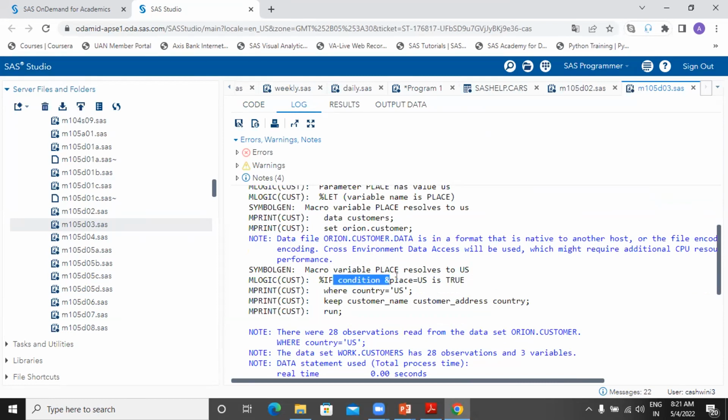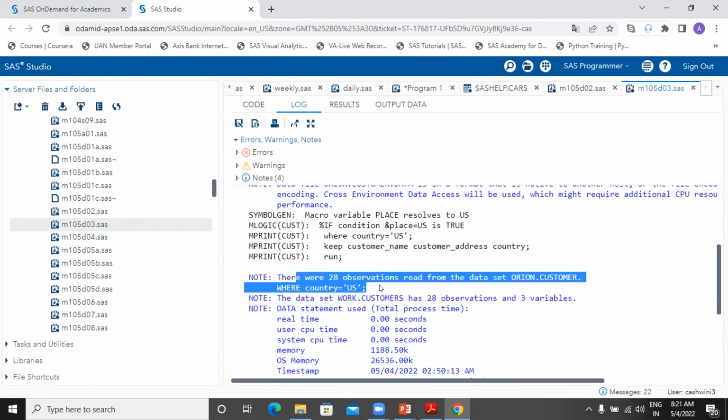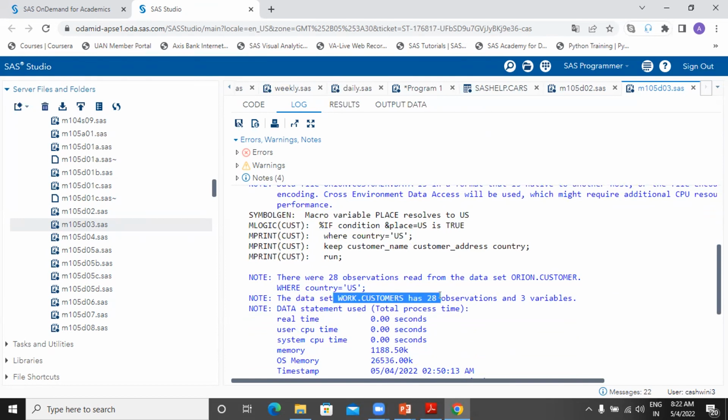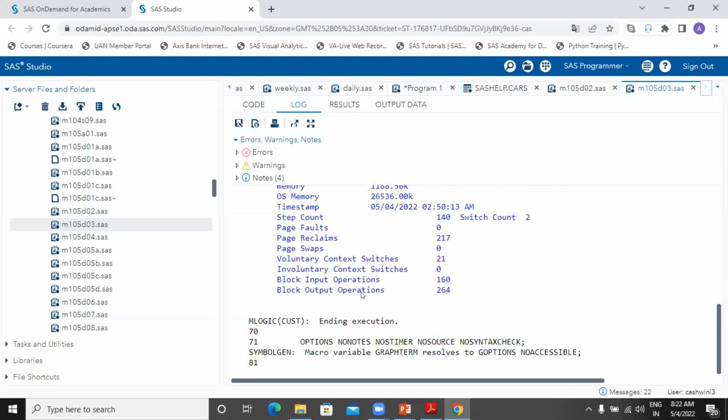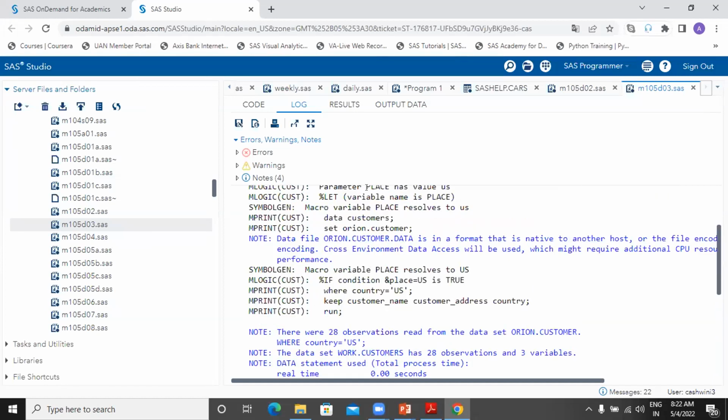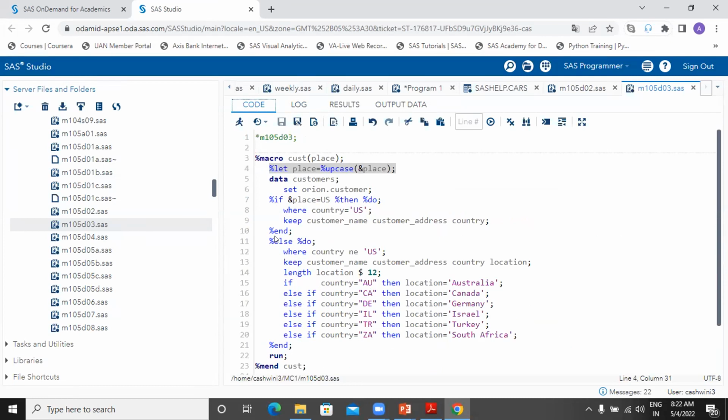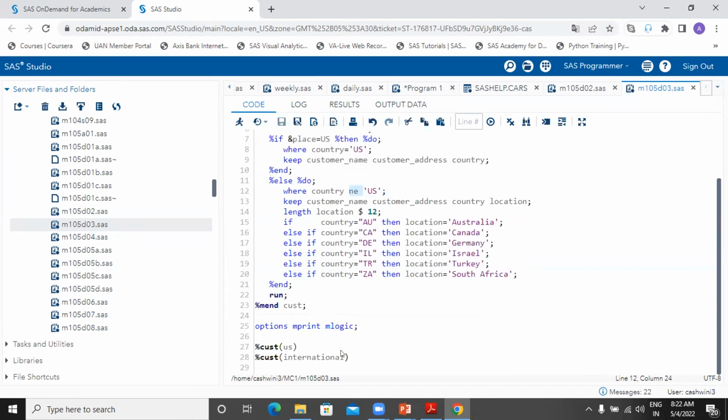So it's checking for this condition. Yes, it's true. So it will subset your data for where country value is US, and hence you are creating a data set where country equal to US value is selected. So there are 28 observations for customers with country value as US. And finish. Why? Because this condition was true. It's not going to move ahead with your second statement, which you have given in your else do, which is not equal to US. Now I call it with